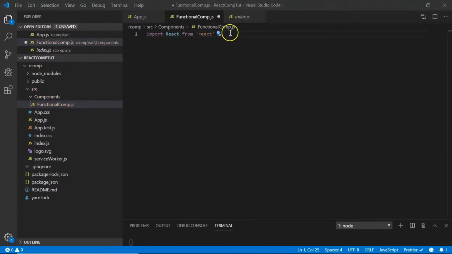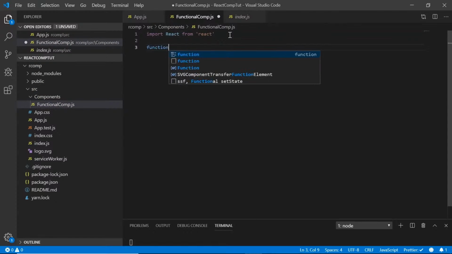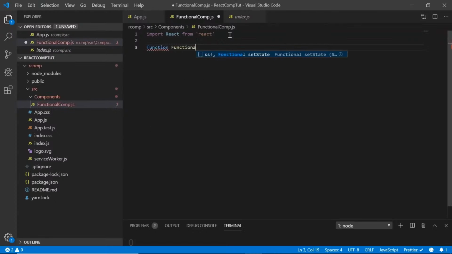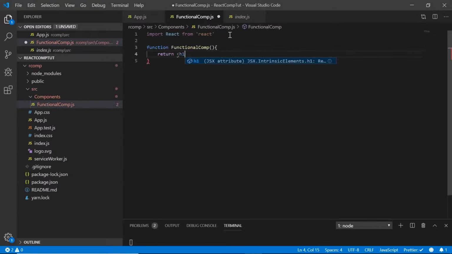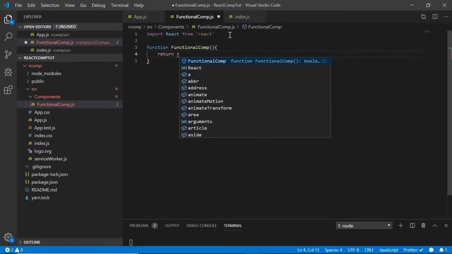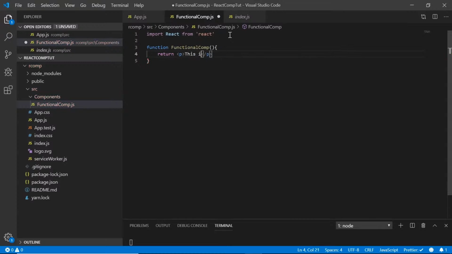The general syntax for a functional component involves the keyword function and say functional component. Now you say return an h1 tag, or I've already used h1 tags, so I'll say paragraph and I say this is a functional component. Alright. Before explaining to you how these components are exported and imported, let me show you the general syntax for